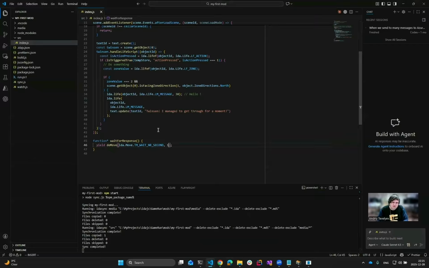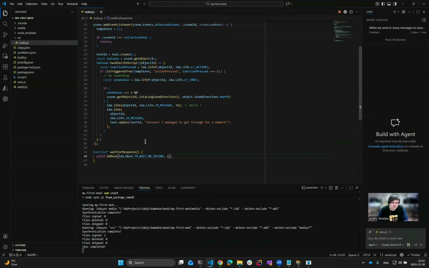But after we waited, we need to continue. So we need some scene variable to be set, so that we finish waiting for response. For this, let's call yield. And there is a command called doSceneStore. This is the one that sets the scene variable from a coroutine. And here we have sceneStore. It's just an object containing any scene variables you want to set. In this case, we can say store dot